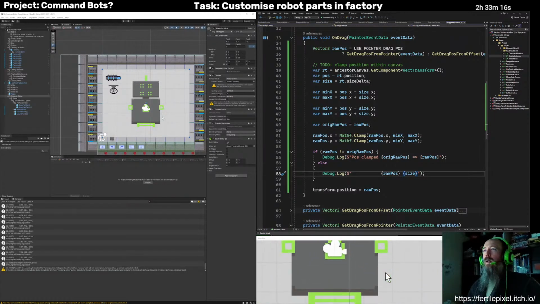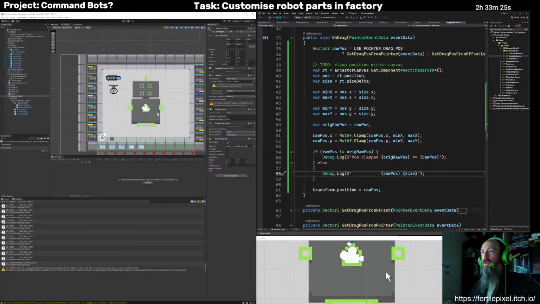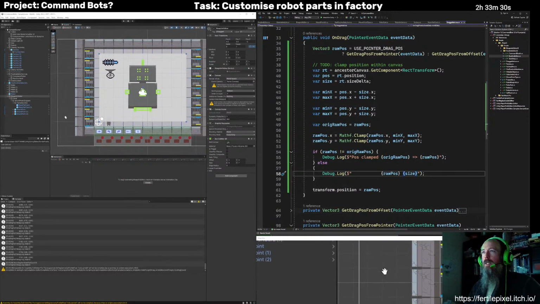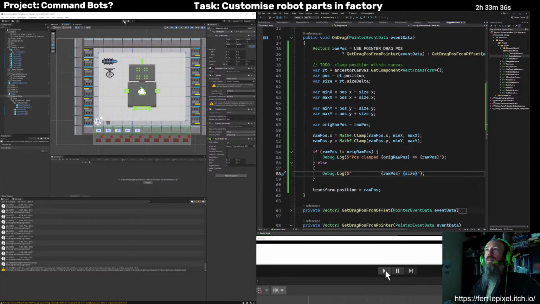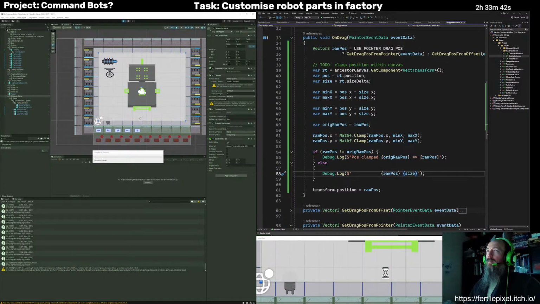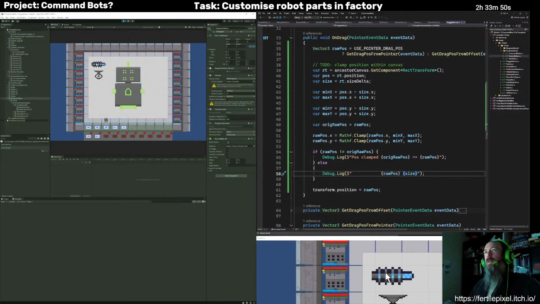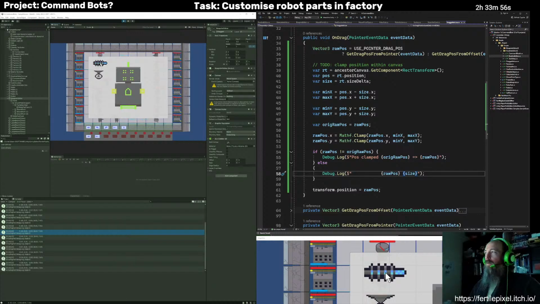We can go in and edit a robot. Edit the robots in the different factories, and that system's kind of working. But actually, I think rather than the X's here, it'd be good to do the same as I'm planning with the parts, just like drag things out of there. That'd be nice. Yeah, if I wanted to do it by just blocking the raycasts to the canvases, that would be maybe possible.